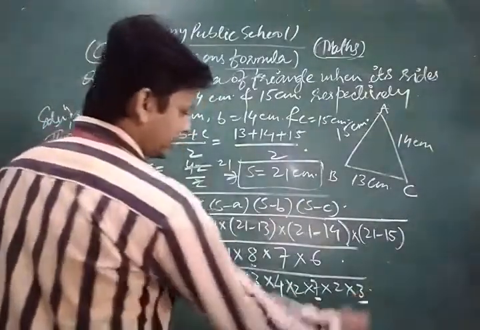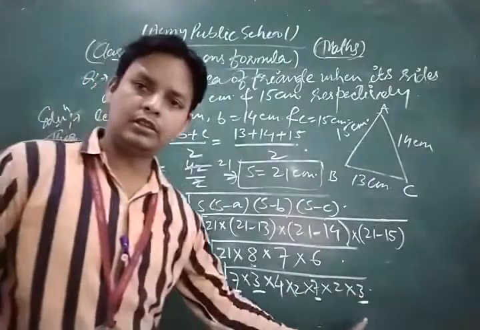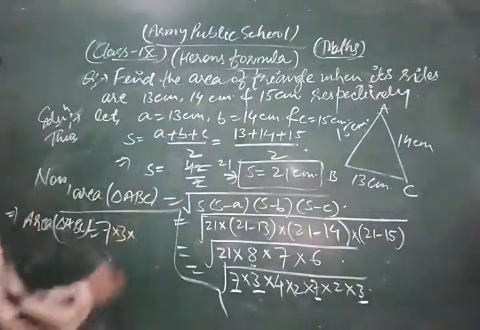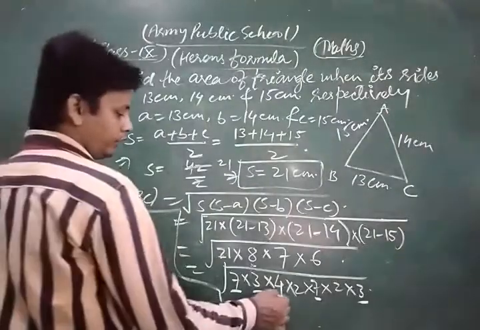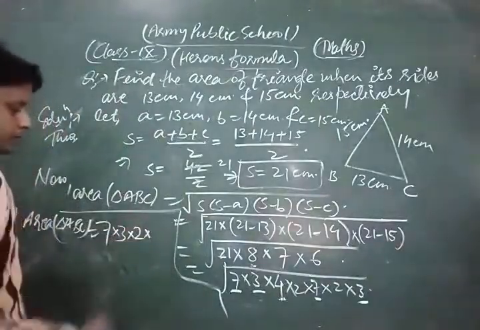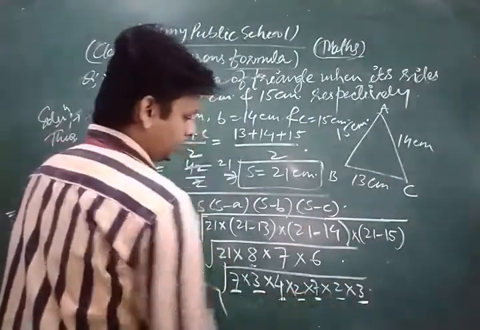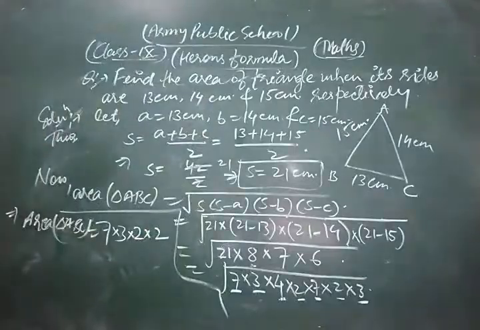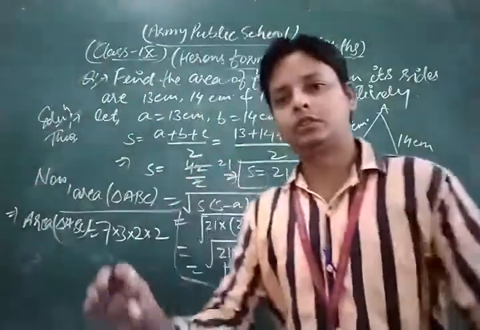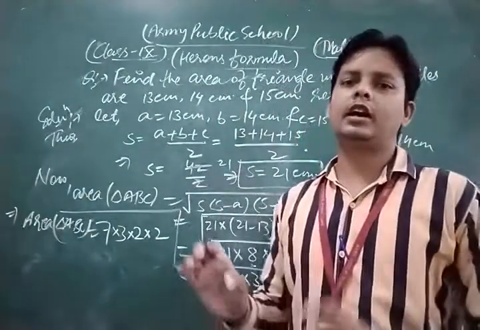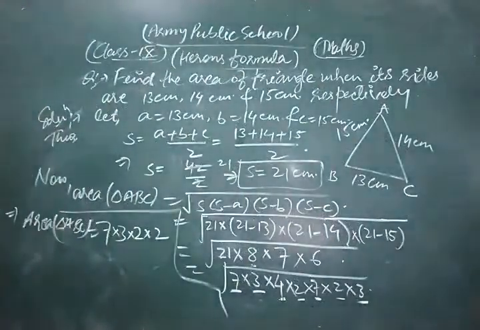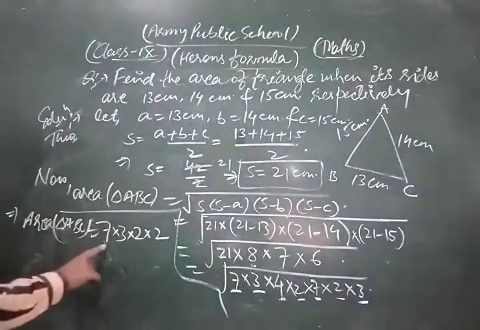3 also in pair, dear students. Look, 3 two times there, no? So 3 is also common out from the square root, and the square root of 4 is 2, so 2 comes out, and 2 is also in a pair, so 2 is also common out from the square root. So in this way we simplify the square root, means we take all the possible values common out from the square root. Now we just multiply them.